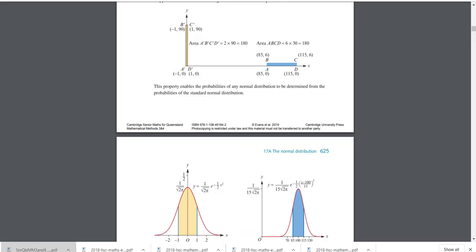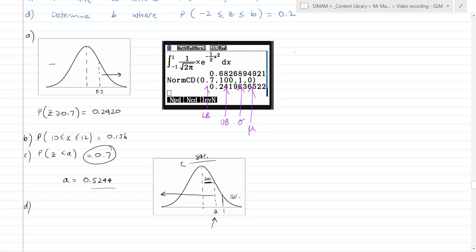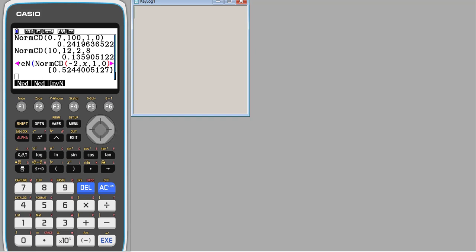So I go back to here. I want that to be negative 2, and I want that to be X. This is still a Z score, still a standard normal. So I've got all this right, but I want this to be equal to 0.2. I'm expecting it to be negative in this case. I'll talk about why in a second. Execute, negative